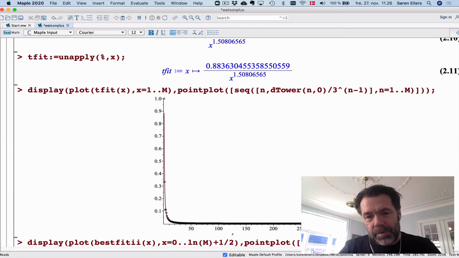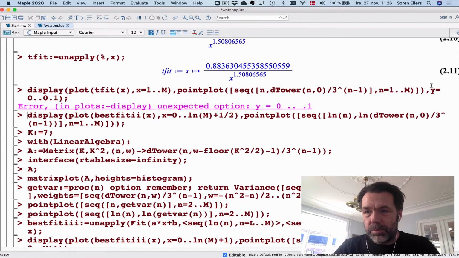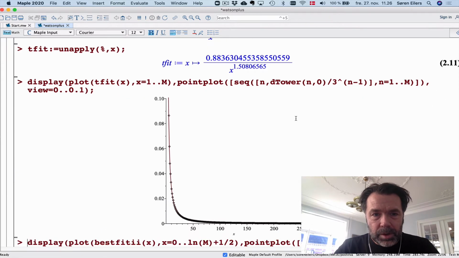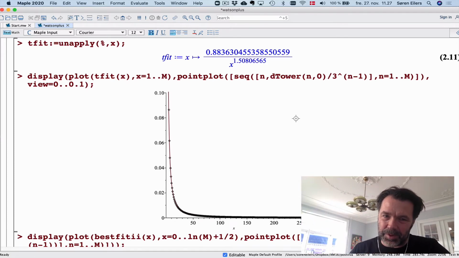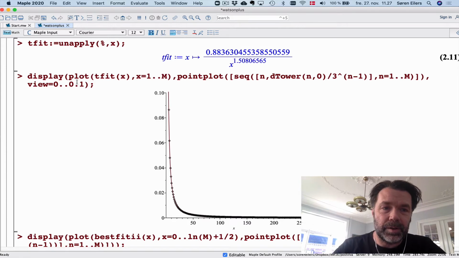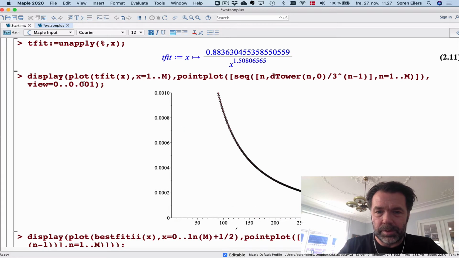And as you can see, it sort of fits very nicely. Of course, perhaps a little bit hard to see because all the action takes place down in the low values. So I can go y equals 0 to 0.1. Nope, maybe that's view. Like so. Okay, so I've cut out the high portion, and you can see it seems to fit very nicely, even if I zoom in a lot further. Right. So this is quite a convincing